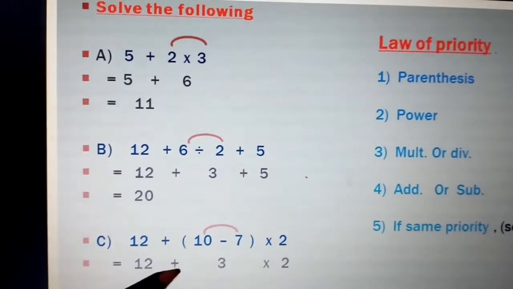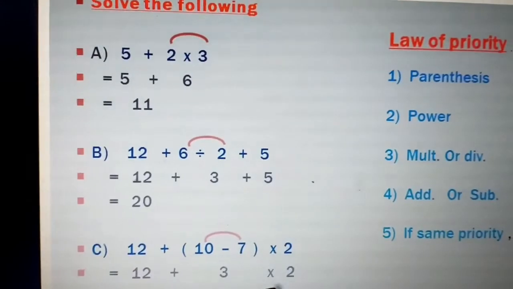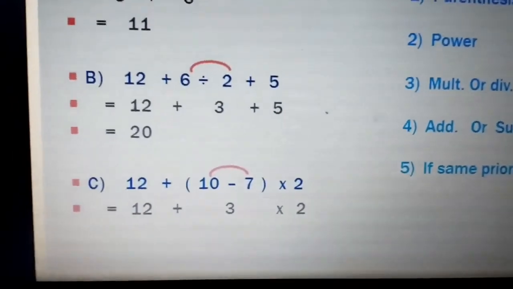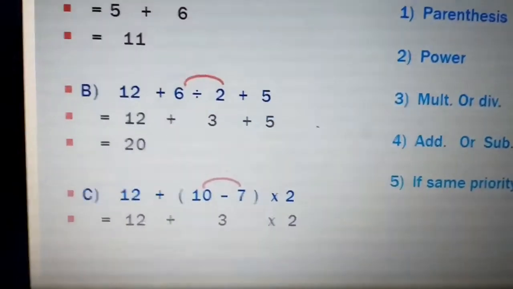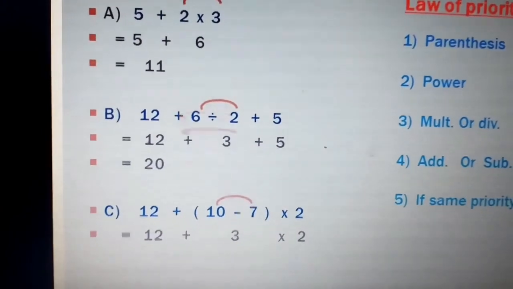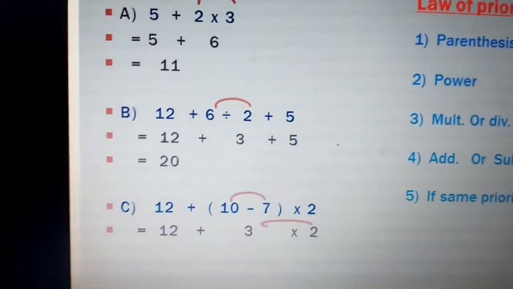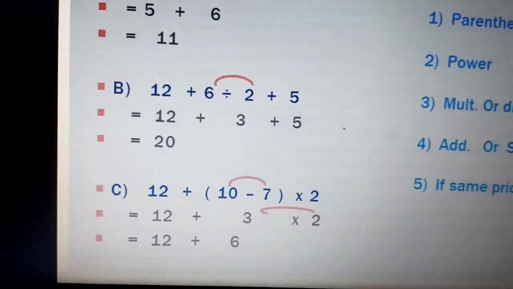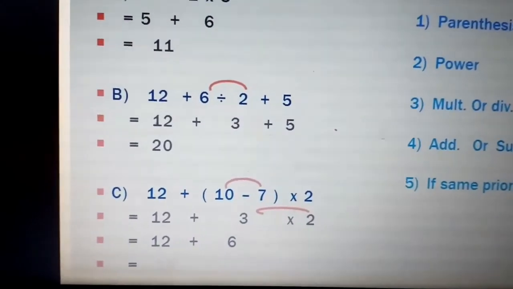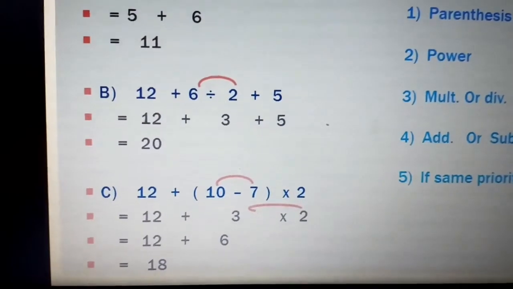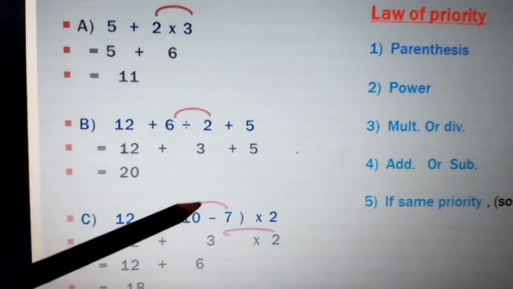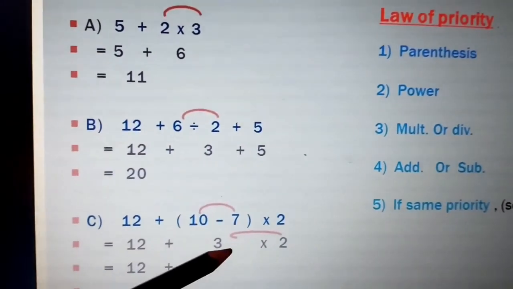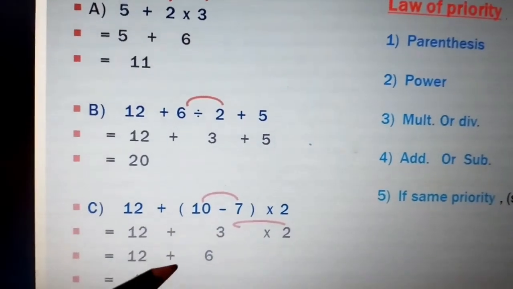Now, what do we have? Addition and multiplication. Which one do we solve first according to the law? Also multiplication. So 12 plus comes down in its place and 3 times 2 equals 6. Now we solve 12 plus 6 equals 18. My answer is correct. Look, we finished first with parentheses. Second step is multiplication. Third step